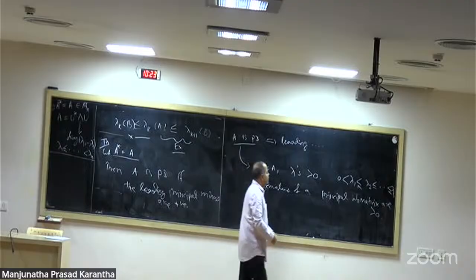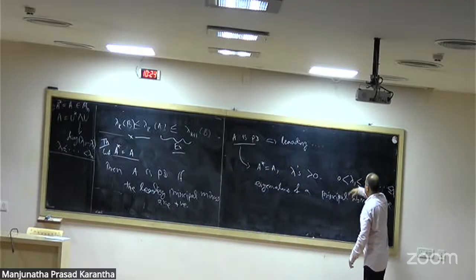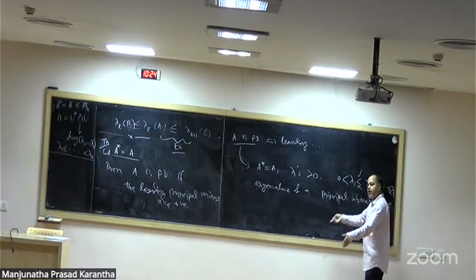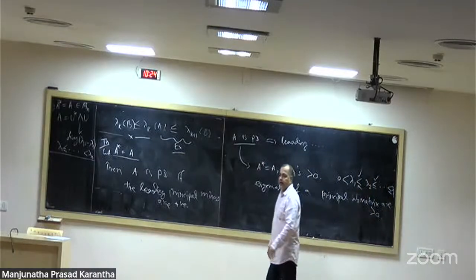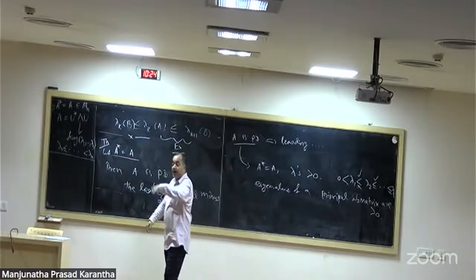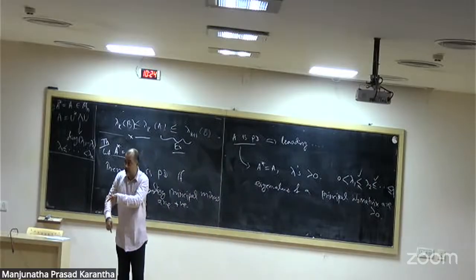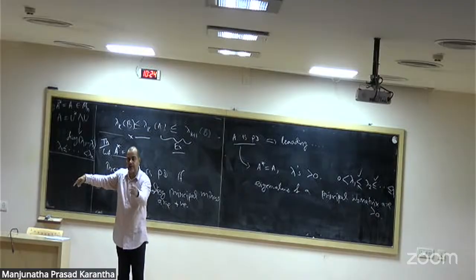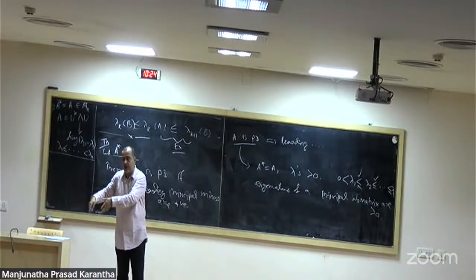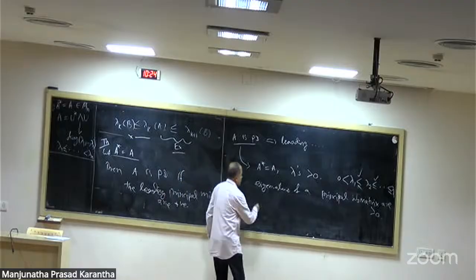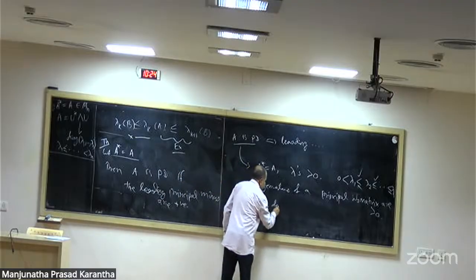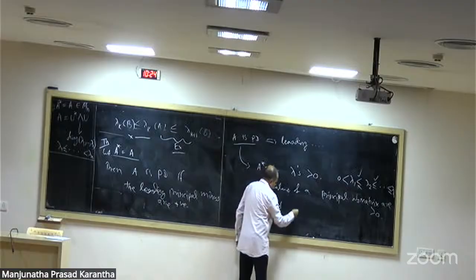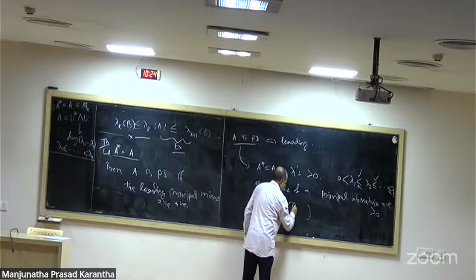So if I take the smaller matrix, its eigenvalues will be in the gaps, so they will remain positive. And if you drop one more row and the corresponding column, the eigenvalues will remain in the gaps of the previous one. That will remain positive. Okay, and therefore the determinant of the principal submatrix